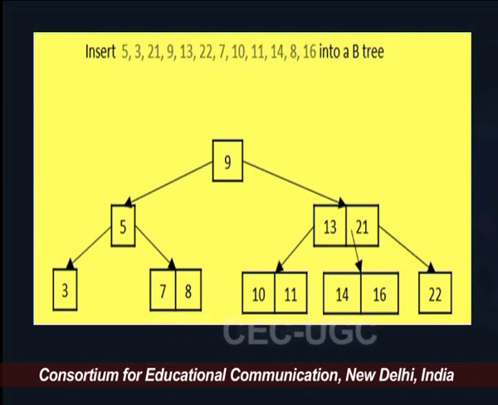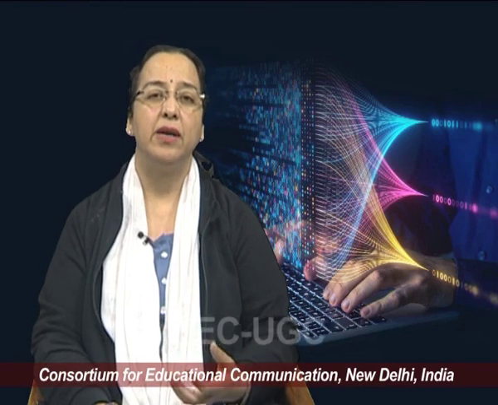So, in case of an even order, you can make a policy whether you are going to take the upper median or the lower median. That is actually a policy decision. So, we have 9, then on the left side we have 5, on the right we have 13 and 21. Now, on the left side of 5 we have 3, on the right side we have 7 and 8. Left of 13 we have 10 and 11, in between 13 and 21 we have 14, 16, and on the right side of 21 we have 22. So, in this manner we are going to create our B tree